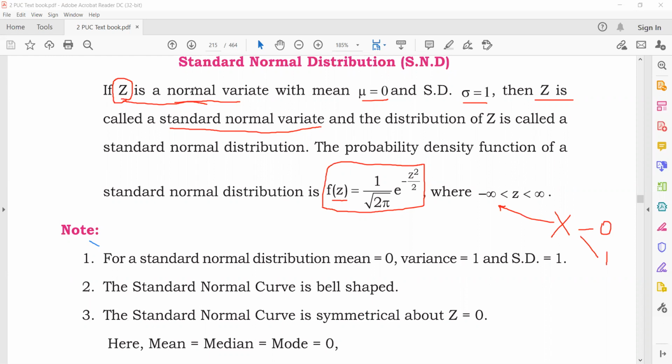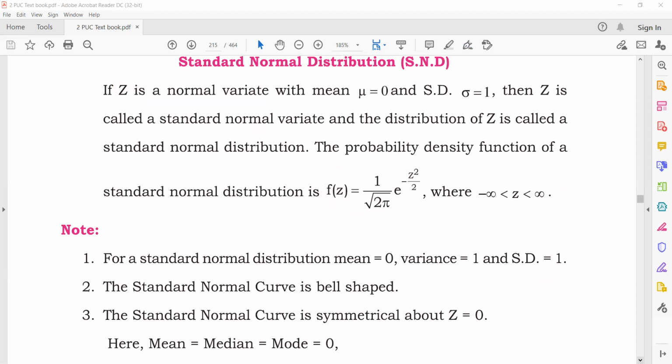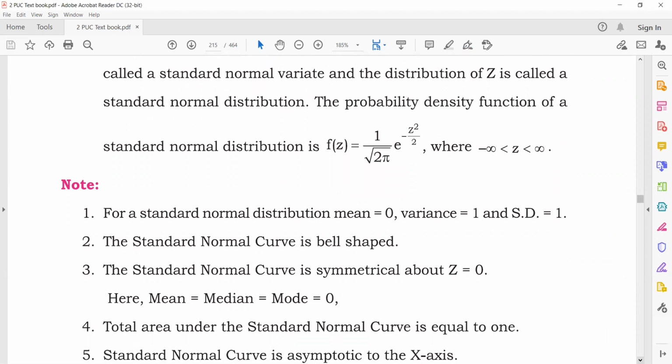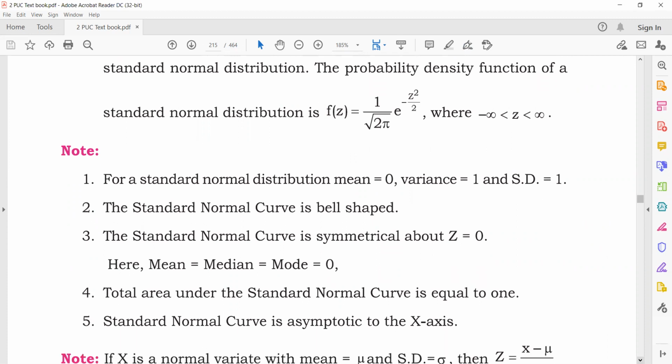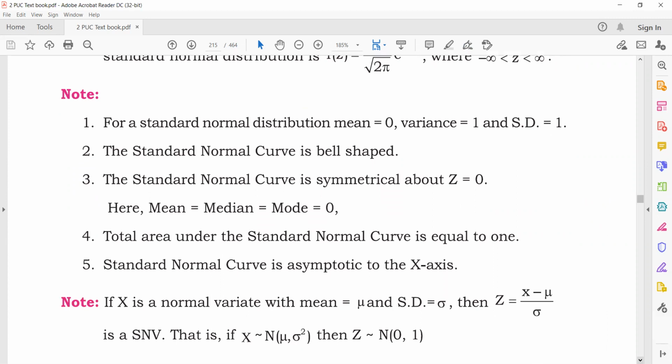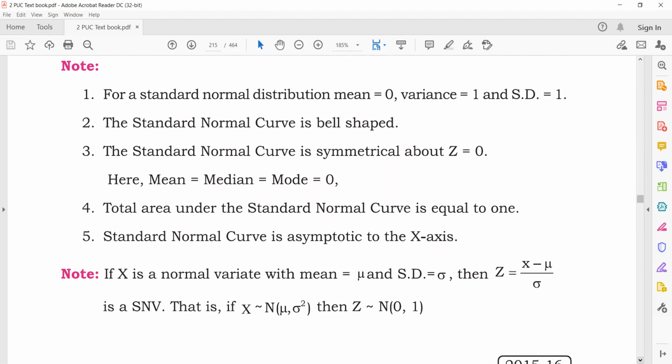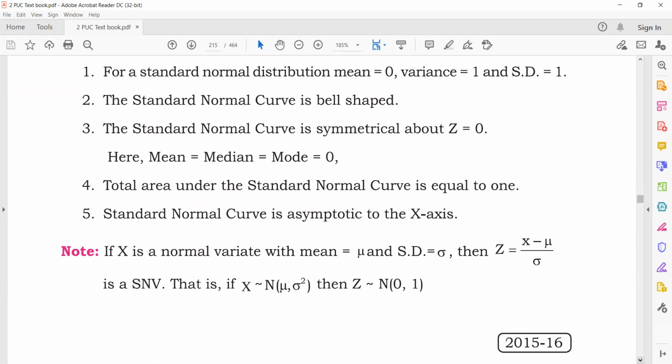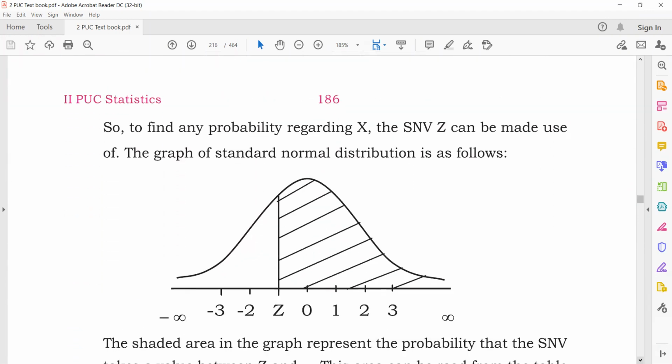Now, what are all the properties we studied for a normal distribution prior to this? There we studied it for a general case of mu and a general case of sigma. In those properties, if you substitute mu equals 0 and sigma equals 1, you get the properties for the standard normal distribution. So I have mean 0, variance 1, therefore mean, median, mode equals 0, where we said mu earlier. You could look into quartiles, which are just minus and plus 0.6475. Here beta 2 is always 3, beta 1 is 0. Quartile deviation was 2 by 3 sigma, but sigma is 1, therefore it is just 2 by 3.